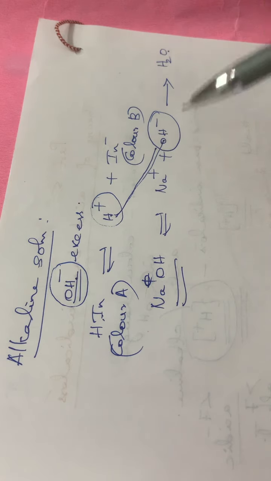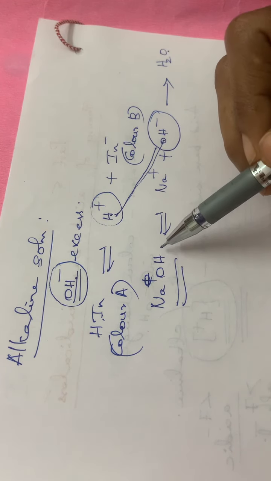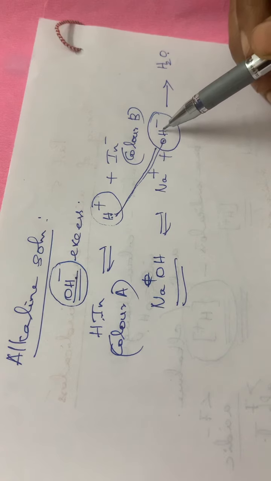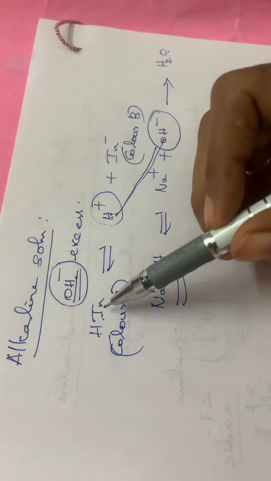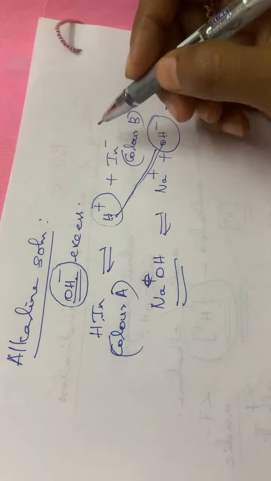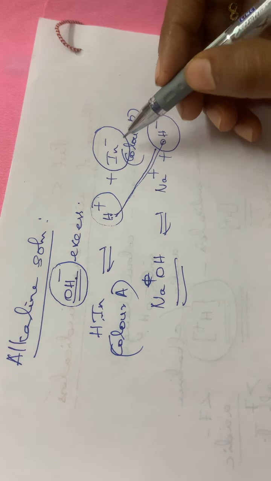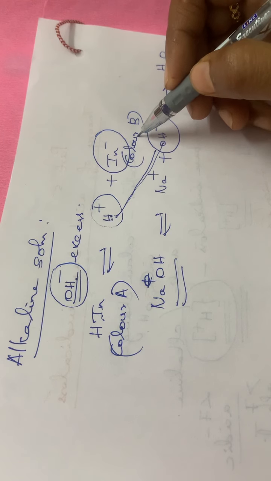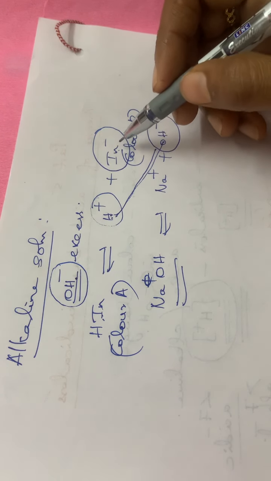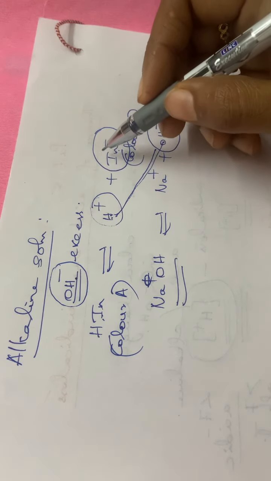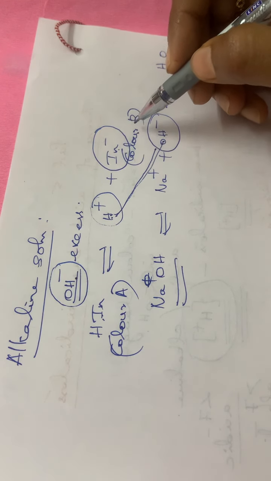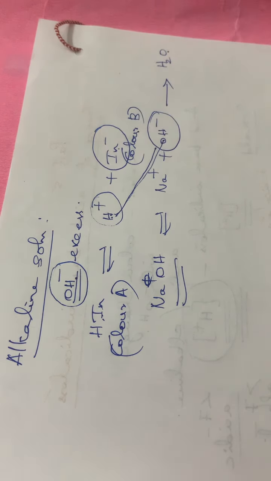See here NaOH, it is a strong base, isn't it? So it will be completely dissociated. So more of H plus will be combining with OH minus to form water. Therefore more of HIN will be ionized, and the solution will be having ionized IN minus. And what about the color of this ionized IN minus? It will be having the color B. So the solution will be having more of ionized IN minus with a color B. This is how this indicator will be acting in an alkaline medium.